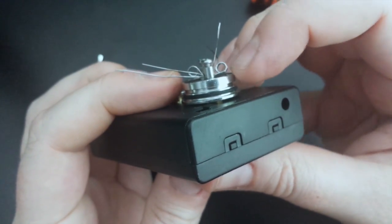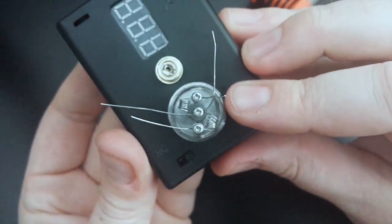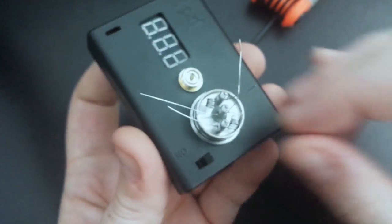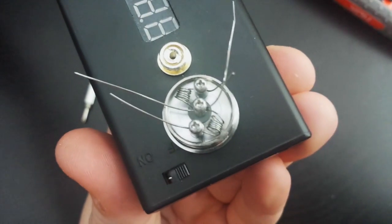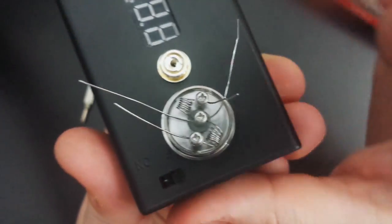That's very important, or else you'll short out. You want to make sure they're the same height and the same distance away from the posts. This one looks really ugly. But that's that, guys. So now that you've got the hard part out of the way, we're going to trim